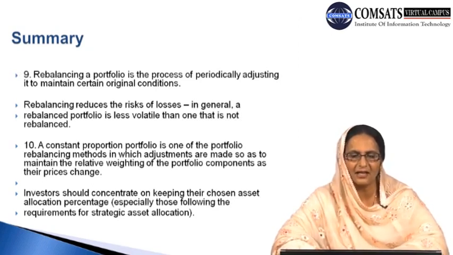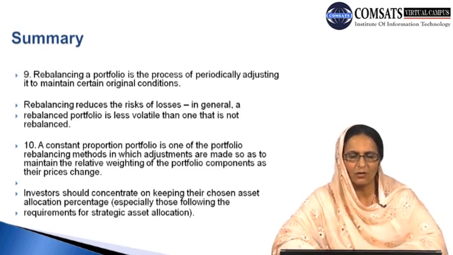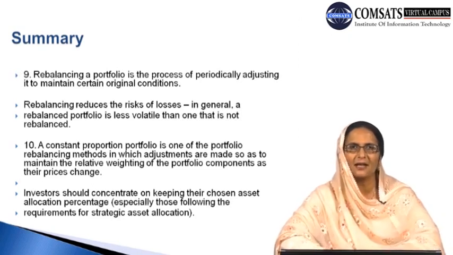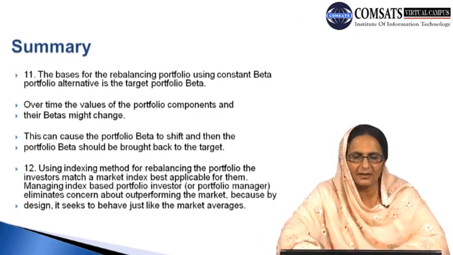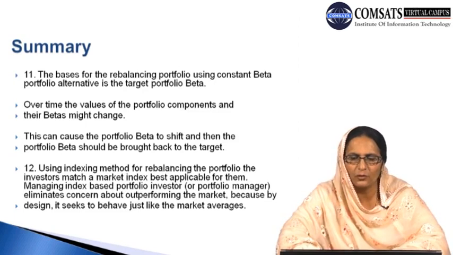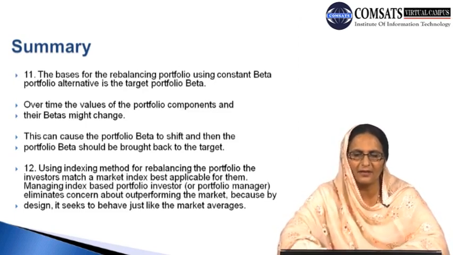And tenth is that a constant proportion portfolio is one of the portfolio rebalancing methods in which adjustments are made so as to maintain the relative weights of the portfolio components as their prices change. Investors should concentrate on keeping their chosen asset allocation percentages, especially those following the requirement for strategic asset allocation. And the 11th point is that the basis for rebalancing a portfolio using the constant beta portfolio alternative is the